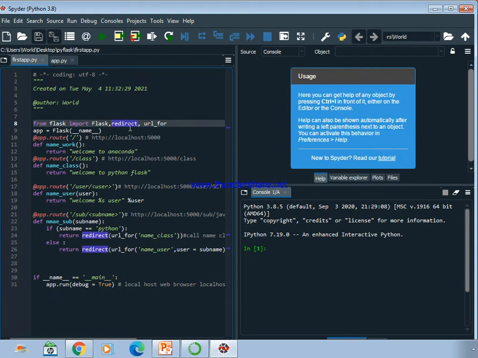That is imported, as well as url_for. Redirect and url_for are not that mandatory. To show you the different paths that can be processed using Python Flask, I have written all those paths.